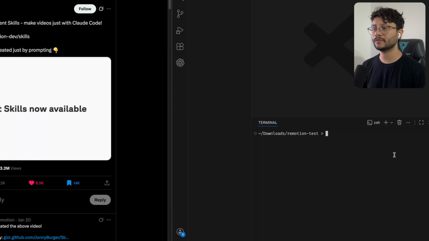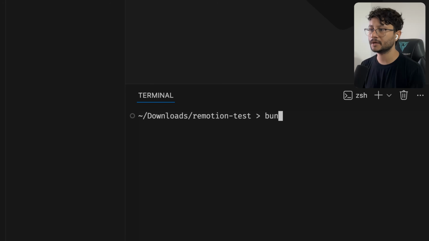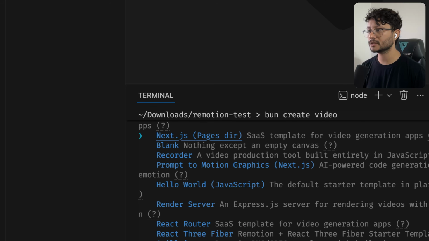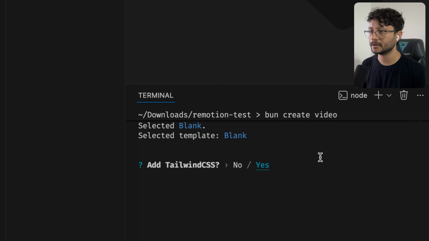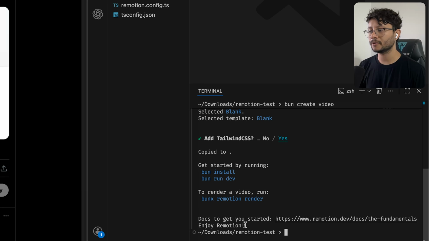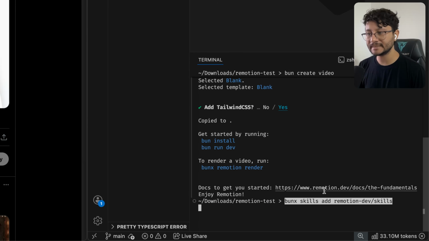First, you'll want to create a folder, go inside of that folder, and once in there, type in bun create video. As simple as this. Now here, you'll want to select a template. Select blank. Let me zoom out a bit. And yes, I want to use Tailwind. If all goes well, you'll probably see the enjoy Remotion message, at which you'll type in bunx skills add remotion